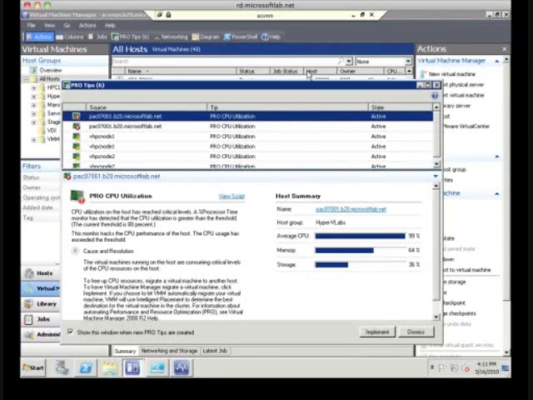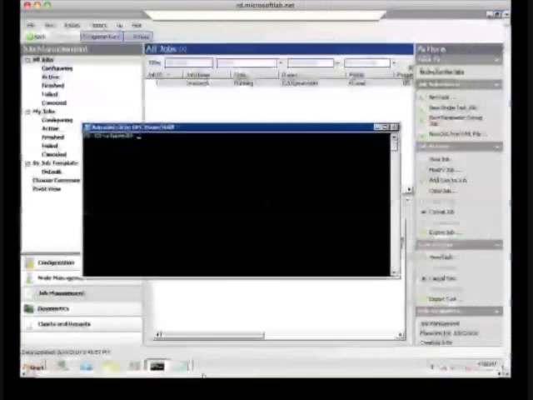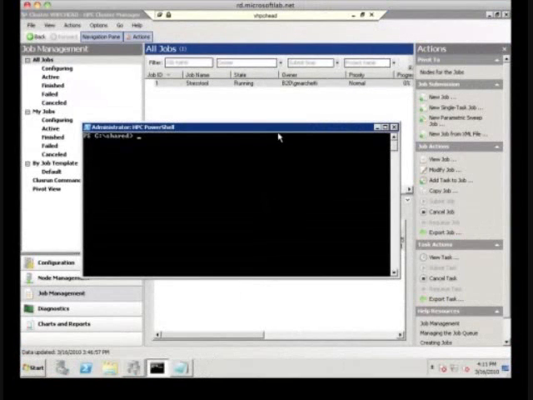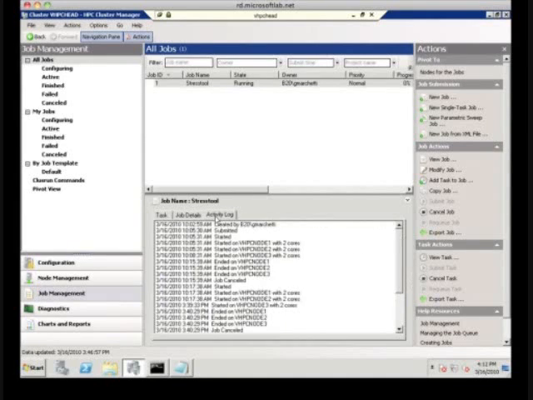So let's switch for a moment to my actual head node, which is the management node of the HPC cluster. And let's have a look at what is running. Now, I can see here that I have a task running with 100 executables called stresstool.exe. So there are 100 executables in this job being run on the cluster. And if I look at the activity log,